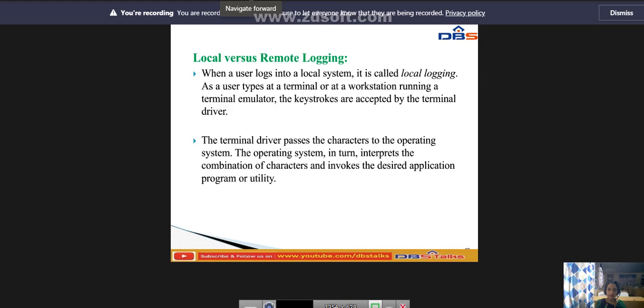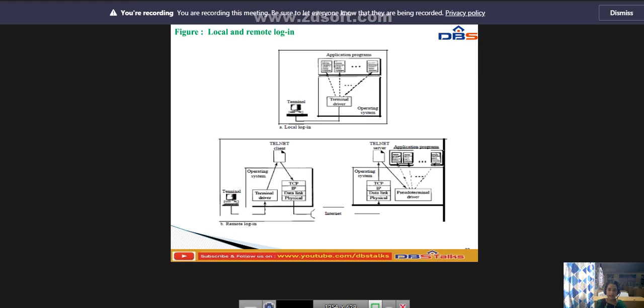This is the diagram of the local and remote login. At the top of this diagram we have the application program, A is the local login and B is the remote login, and here we have the telnet client and telnet server. A user wants to access an application program or utility located on a remote machine.